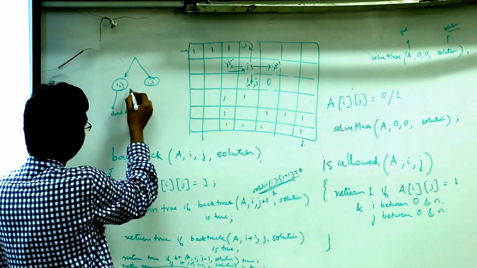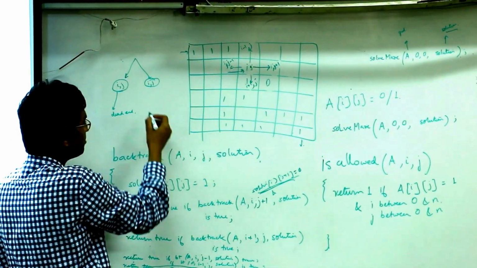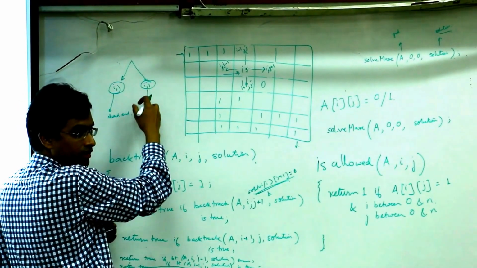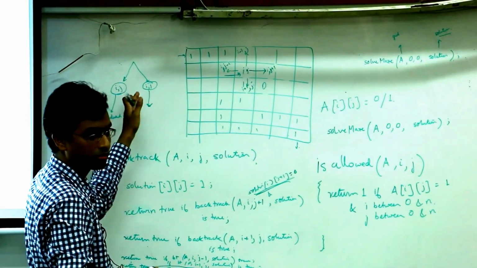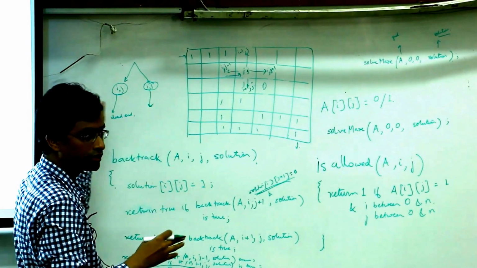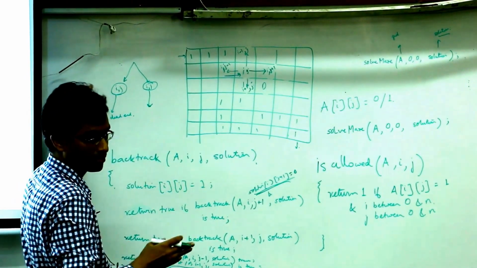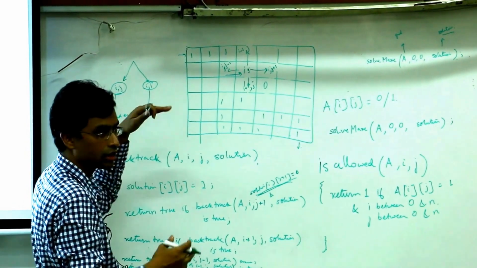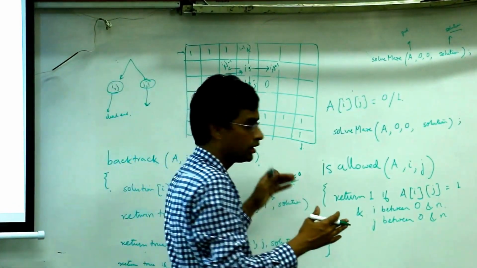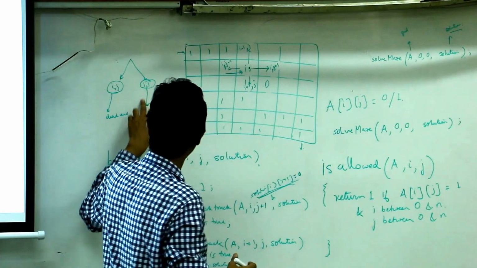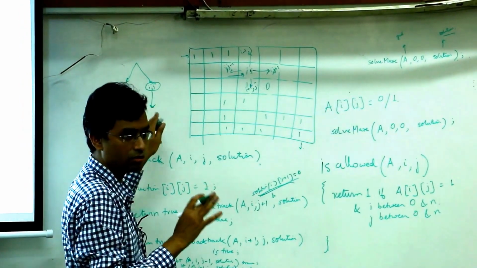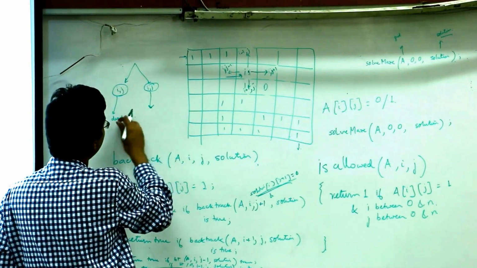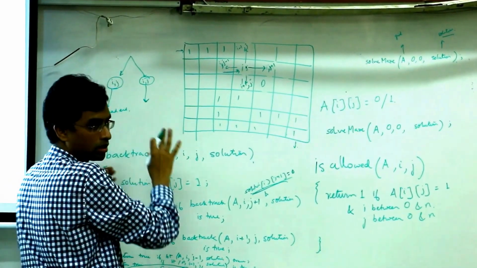Essentially, even if you do, it's the same subproblem. If you solve this again, you are actually solving the same subproblem. So one optimization you can do is use a table or some kind of value, which will know that ij cannot go to the solution. ij will always go to the dead end. You can keep this information somewhere, right? But essentially what you are doing here is you are not solving the same subproblem.